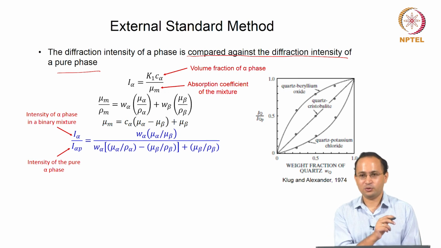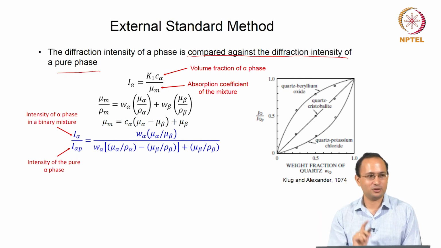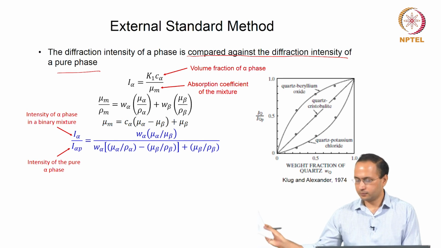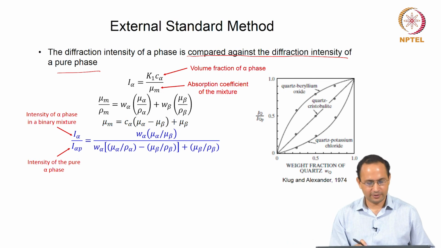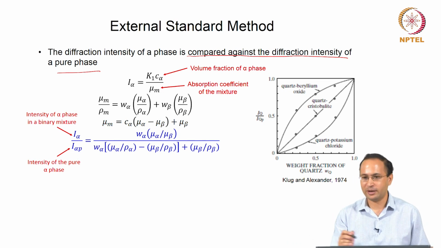right. Suppose you do X-ray diffraction of pure alpha phase, you will get a lot of peaks. You just look at the strongest peak. So, this is about comparing what is the intensity of that particular HKL in pure alpha phase versus what is the intensity of that HKL for the alpha phase in the mixture. Got it? Got the idea? How do we do it? We all have seen this, again we will come back to it.